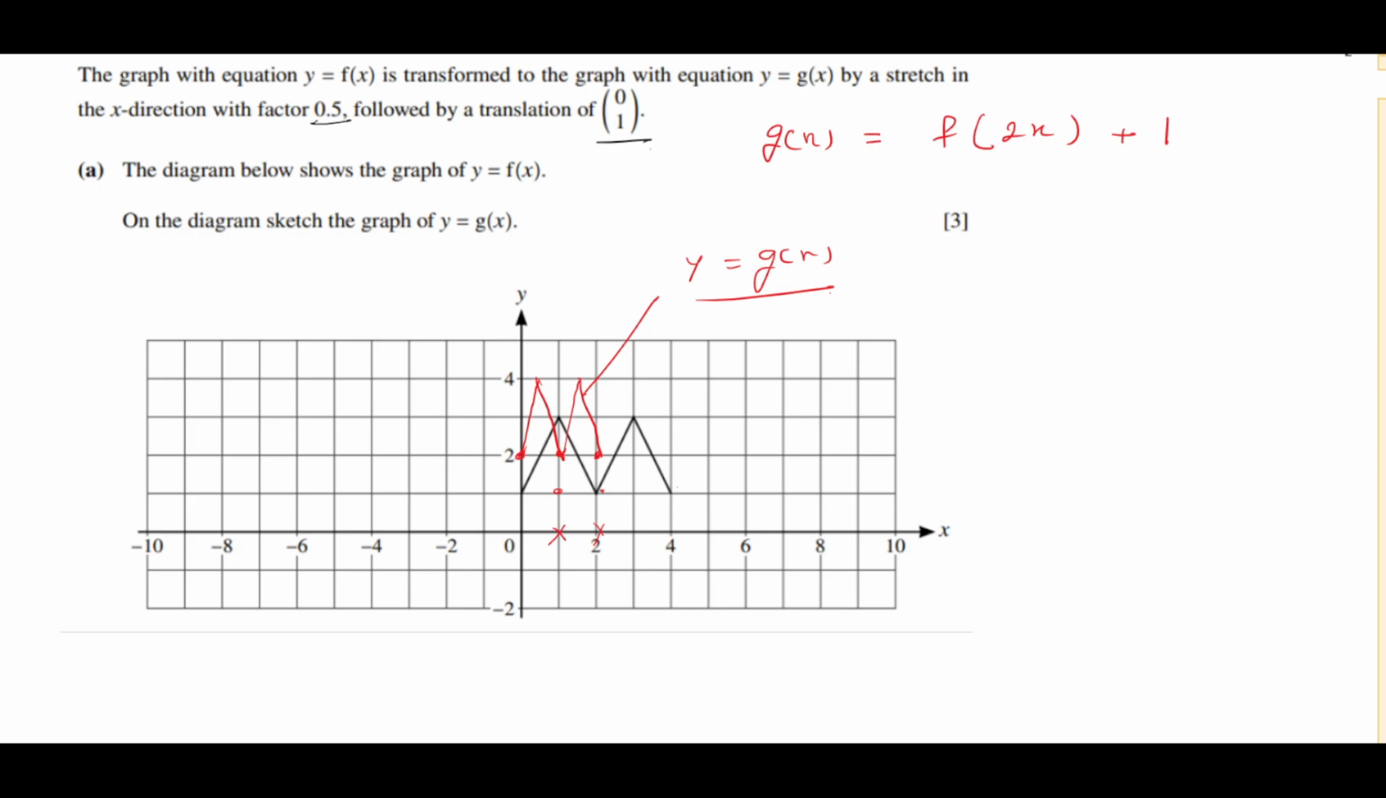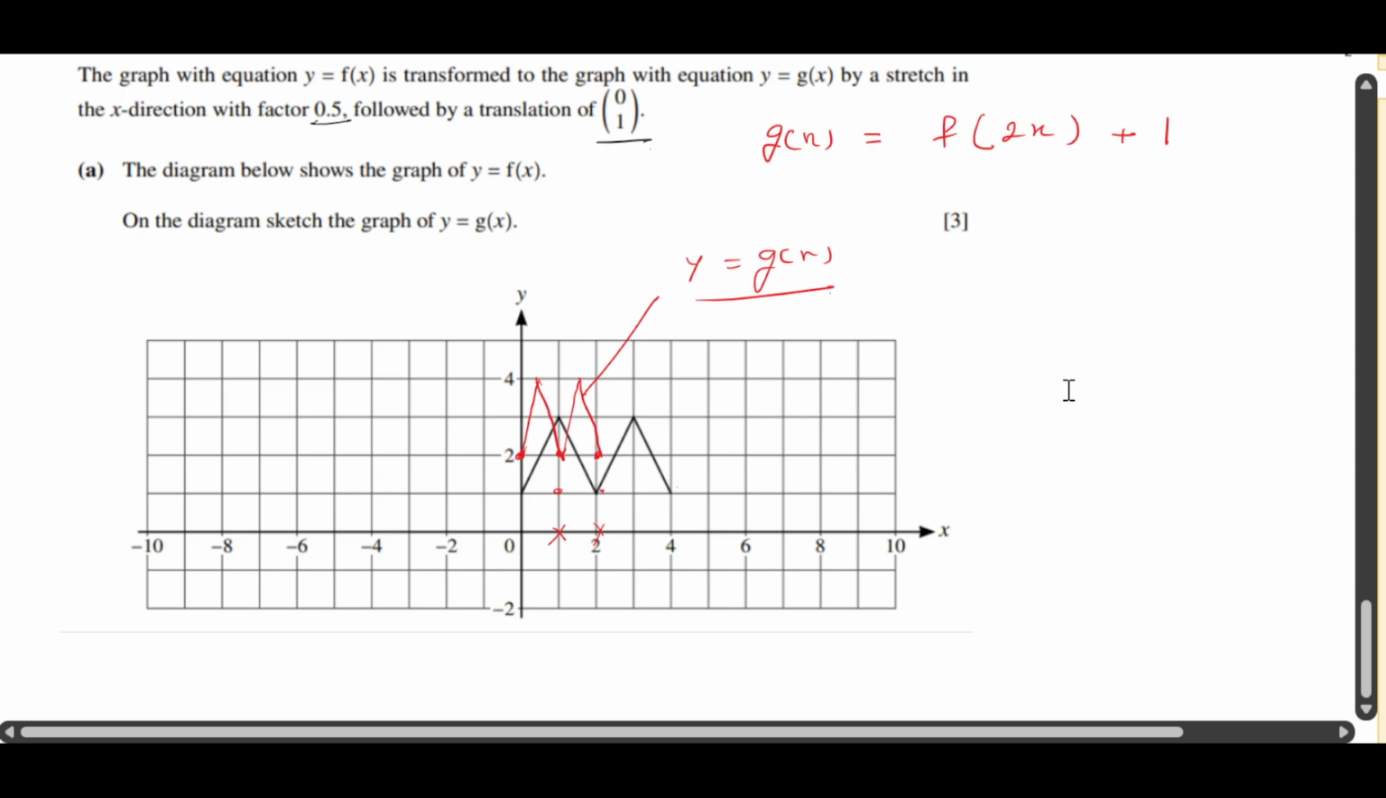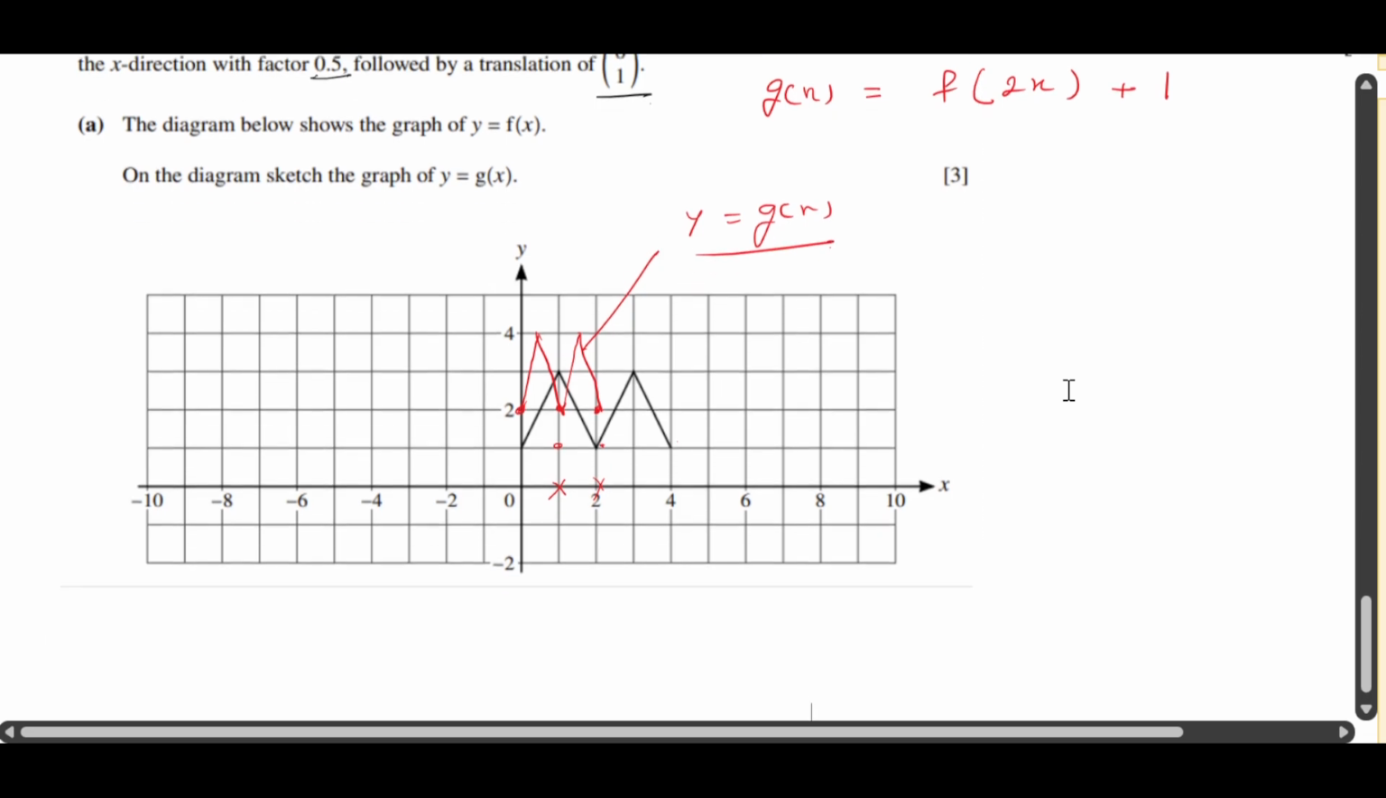You decrease it, yes. In the x axis, everything we are doing the reverse way, so it gets confused sometimes. Okay, fine. So this is for 3 marks, on the graph we have to sketch. Then the next part of this question is